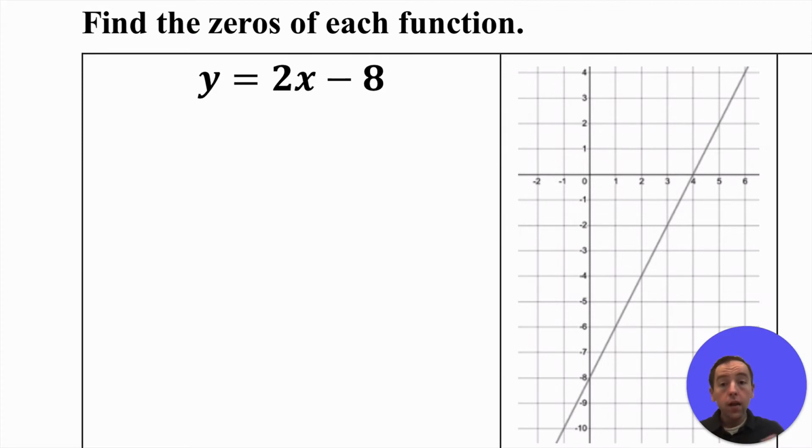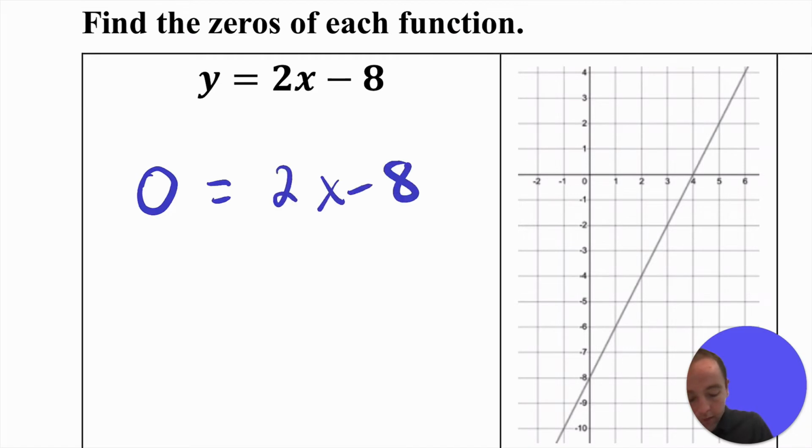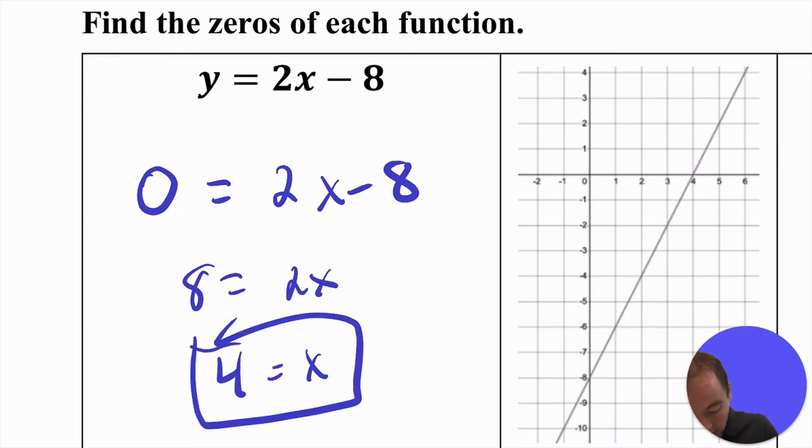If I have the equation y equals 2x minus 8 and I want to find the zero of this function, then I want y to be 0, which means I should plug in a 0 for the y, and then solve this equation for the x or x's that make the y become 0. If we solve by adding 8 to both sides and then dividing by 2, we get that x equals 4 is the